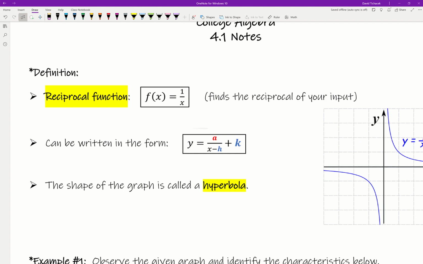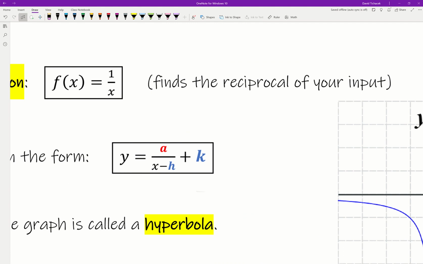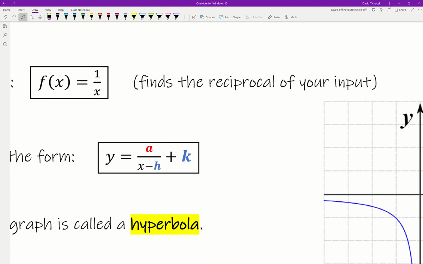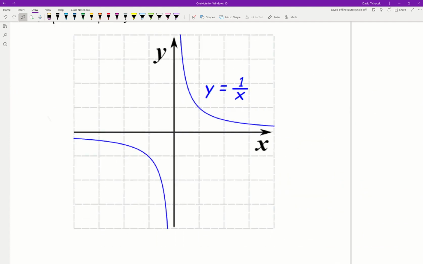So, first of all, getting into what a reciprocal function is, the most basic type of a reciprocal function is just f of x is equal to 1 over x, and this is your simple function machine that just simply finds the reciprocal of whatever you give it. Okay, the graph of that function is over here, and again, just so we can kind of get a better